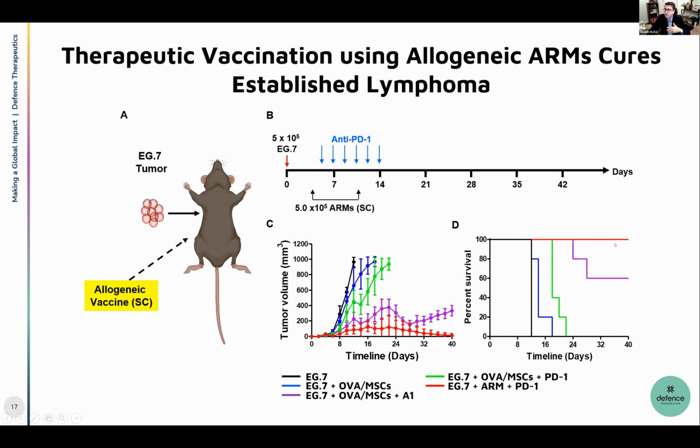And we achieved 100% survival over 40 days. In fact, this experiment was continued over 3 months. So we went up to more than 90 days, and we couldn't actually see any tumor regrowth. That was really impressive, because now we have evidence that the ARM vaccine could be used allogeneically to